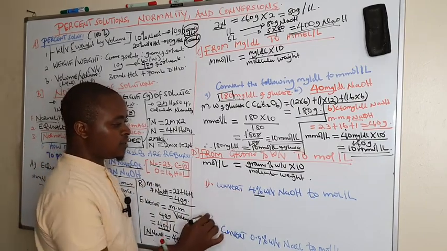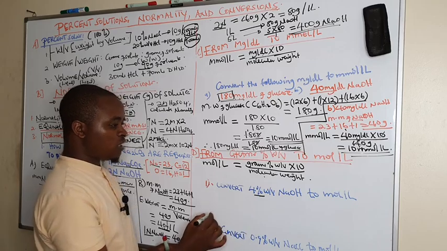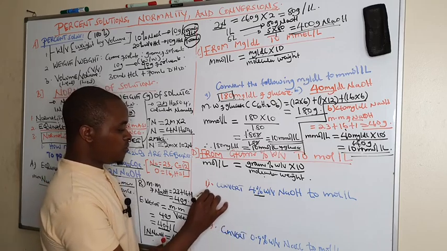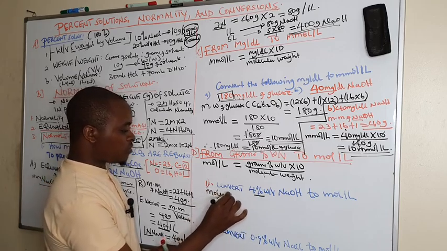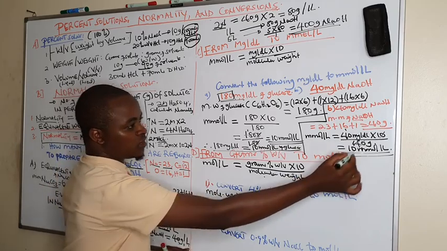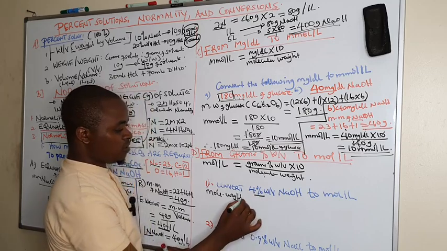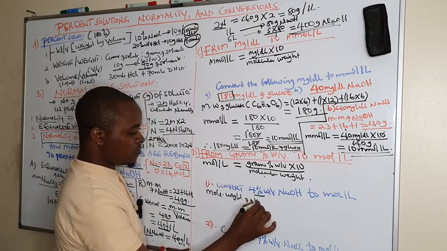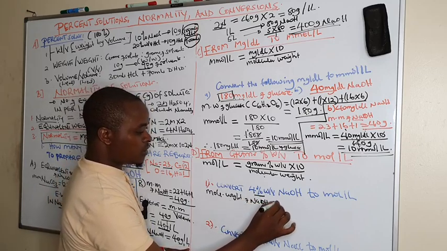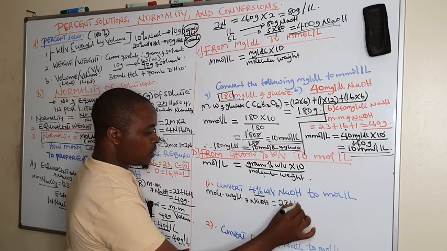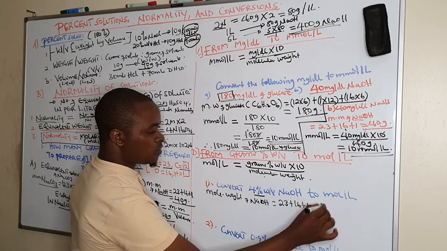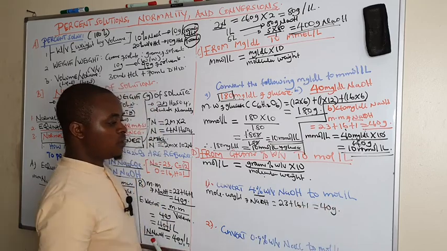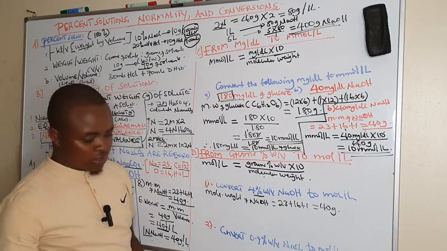So to convert this, the first thing is still to calculate the molecular weight of sodium hydroxide, and we have already calculated it here. It is 23 plus 16 plus 1, which is equal to 40 grams. And after getting these 40 grams,